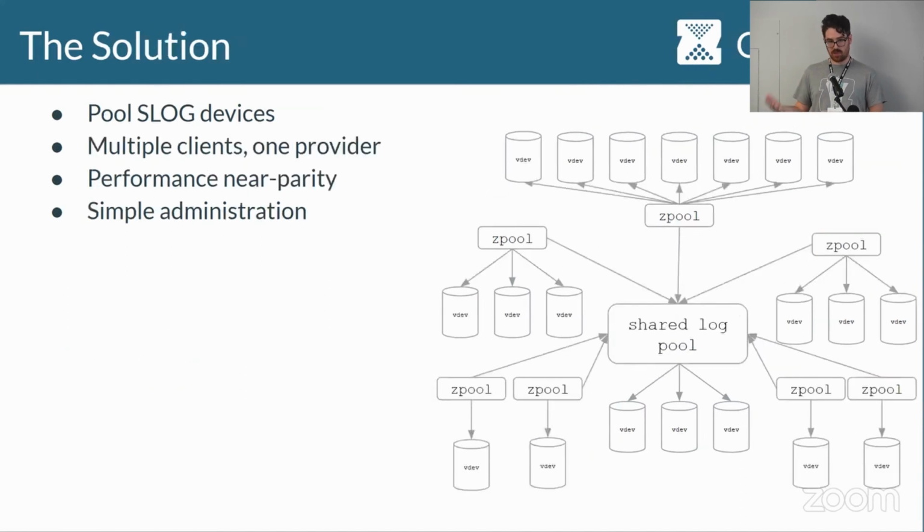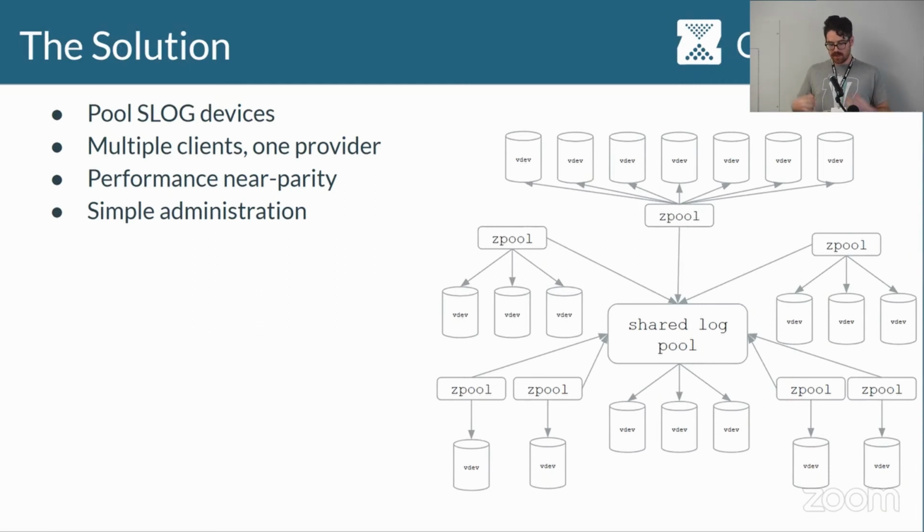And so the solution to the problem is the shared log pool. And the idea is basically that it's just a pool of slog devices. And then you can have client pools that talk to the shared log pool and actually use it as their slog. So you can see in the diagram here, we have all of our pools from before, but now instead of having their own slog devices, they talk to the shared log pool, which provides slog capabilities for all of